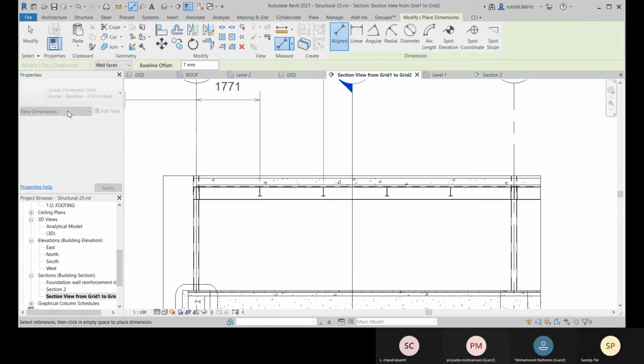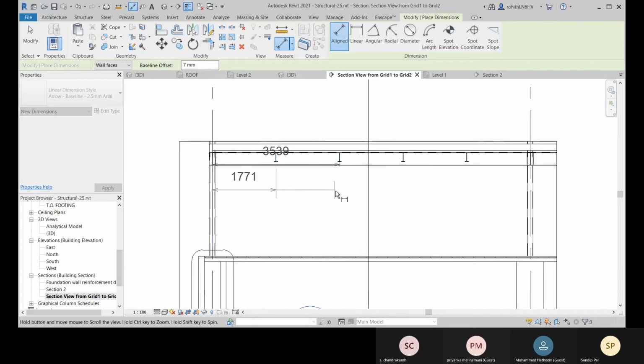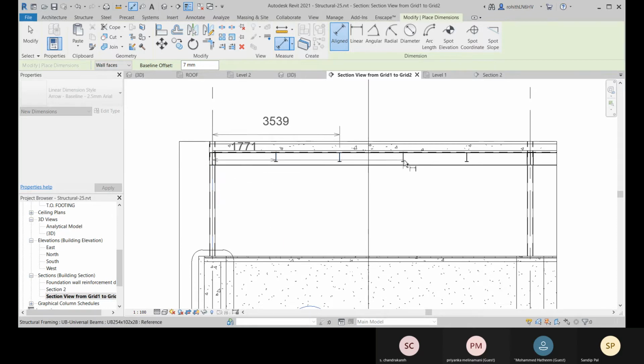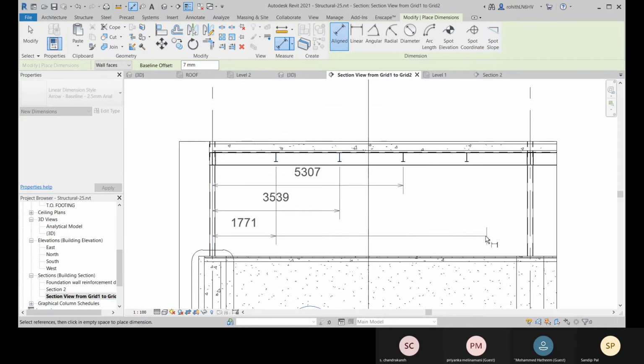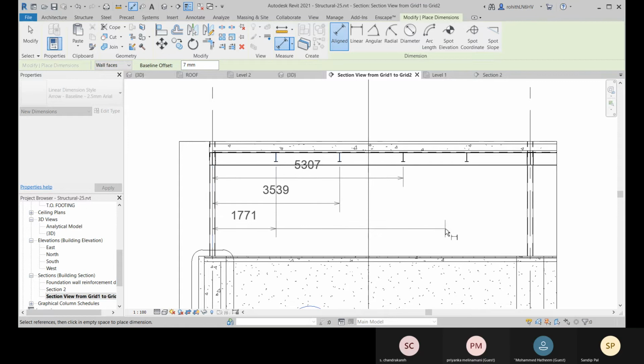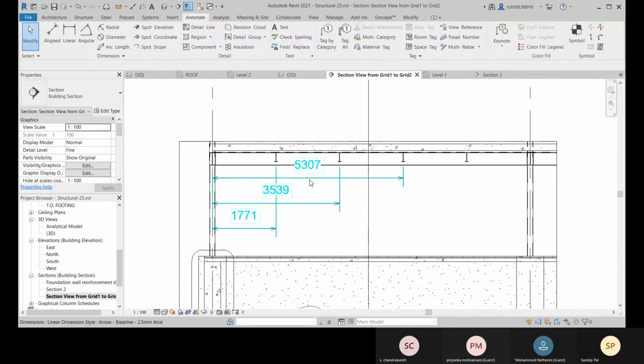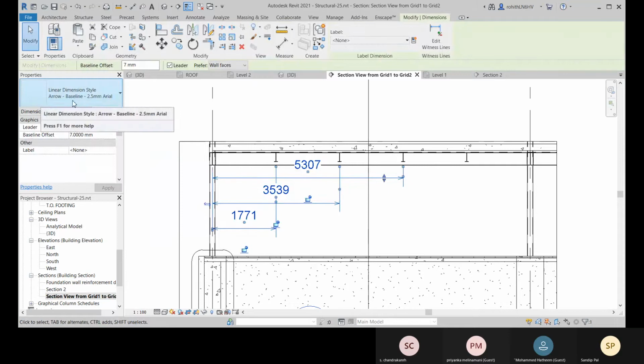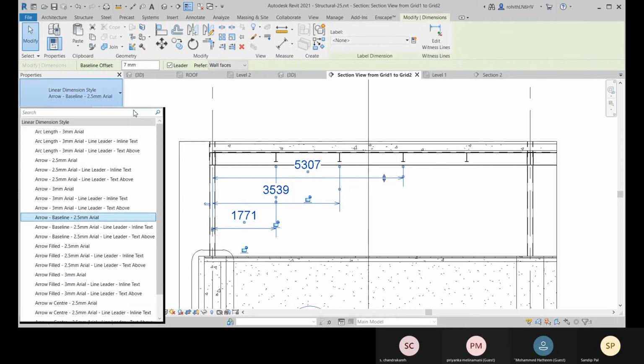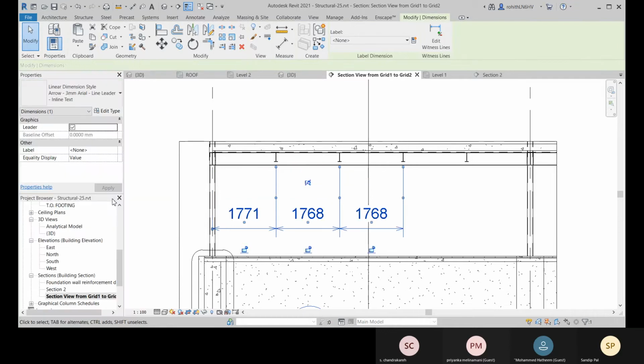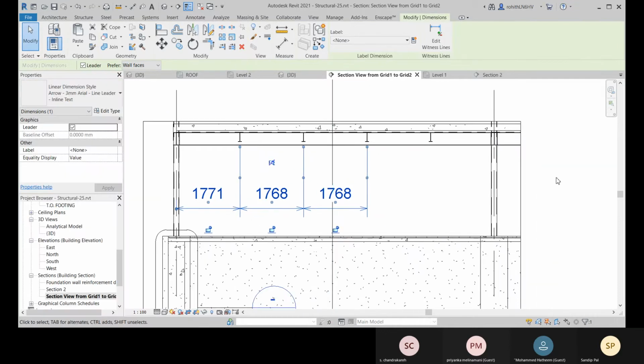So as per the dimension type, you will get it. So like that it's creating. So I think this is set as base. I hope so. Yeah, so that is set as baseline, so that's why we are getting it. So you just change this to, yeah, like this, change it.